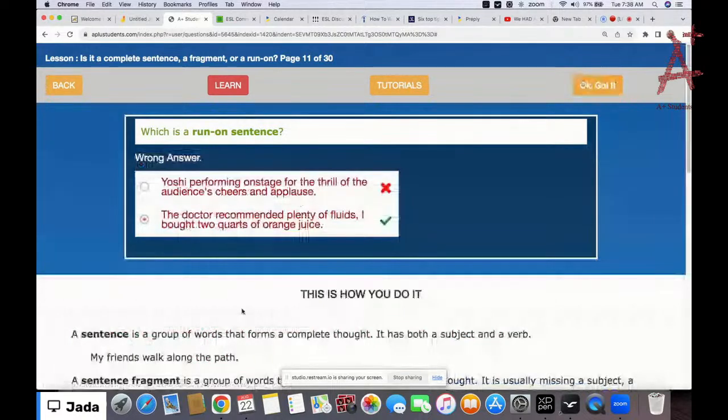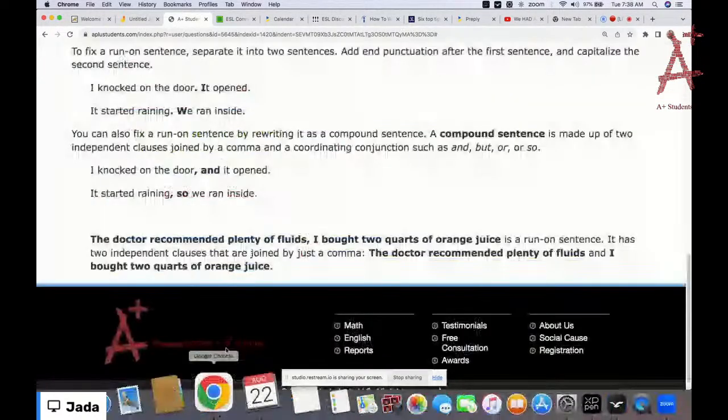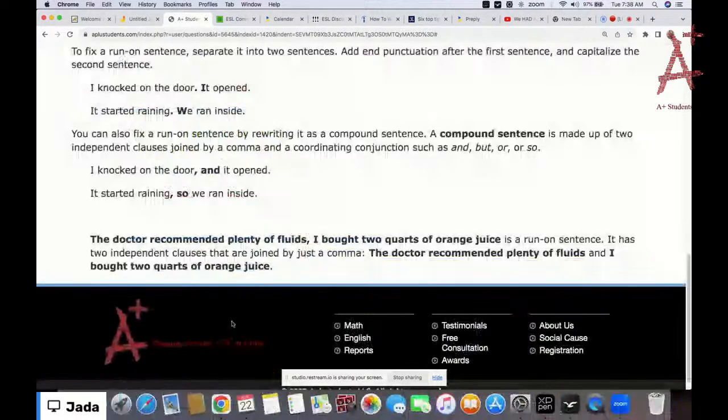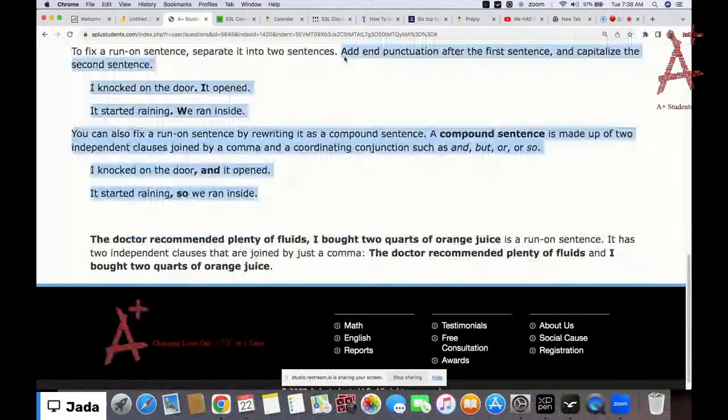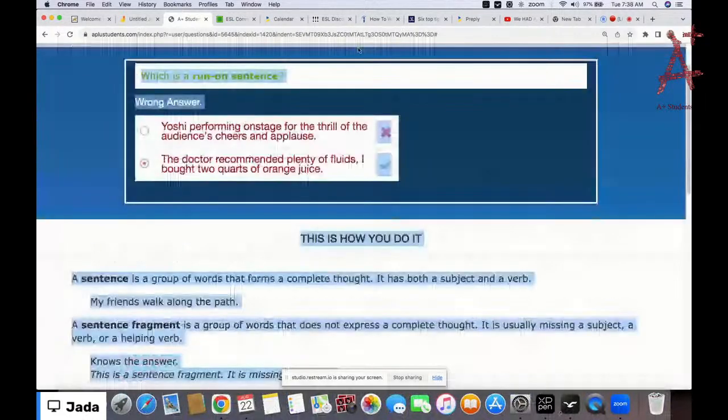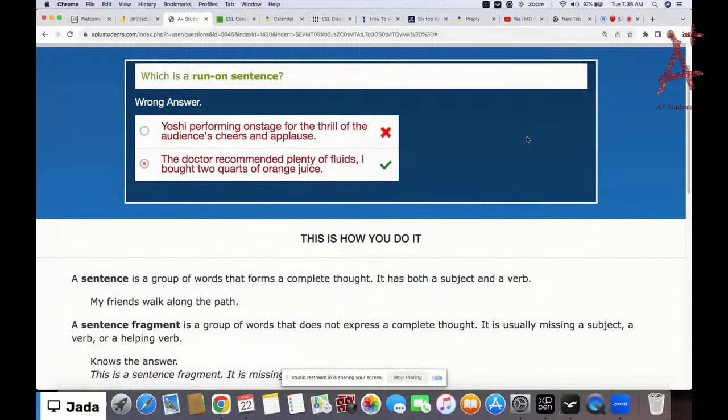So when you click on the wrong answer, it takes you to this, and this says how you do it. So all you need to do is just go through this again, in case you're not sure which one is the run-on or which one is the sentence fragment. Once you click on the wrong answer, it takes you to this, so you can just read it and then have an idea of what it's all about. Okay,